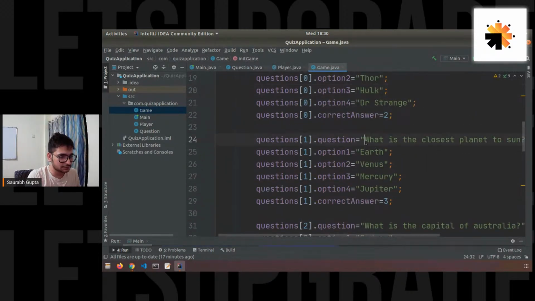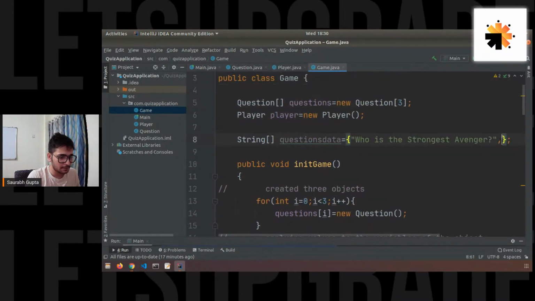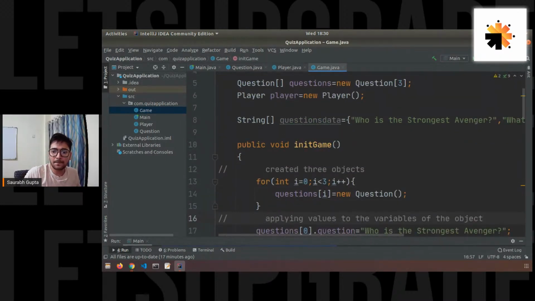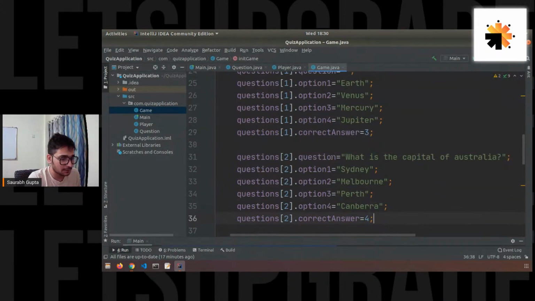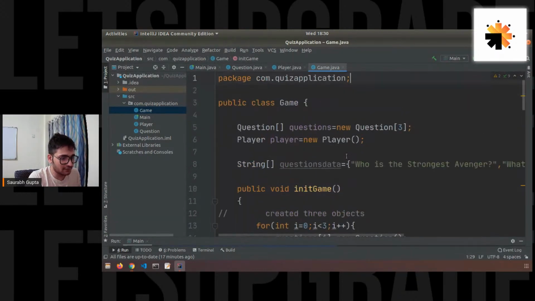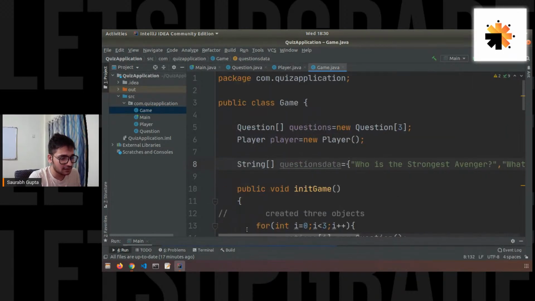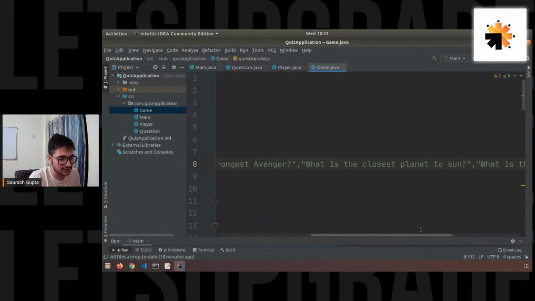The second question. Please see everyone, that's very simple what I'm doing. And the third question. Don't worry, let's see what I'm doing actually. I'm just converting this whole lot of code into array-based code. So now I have an array. Let's say this data is coming from a database. So I have an array, questions data, which has three values. On the zero index, it is the first question. On the first index, it is the second question, and the third index,